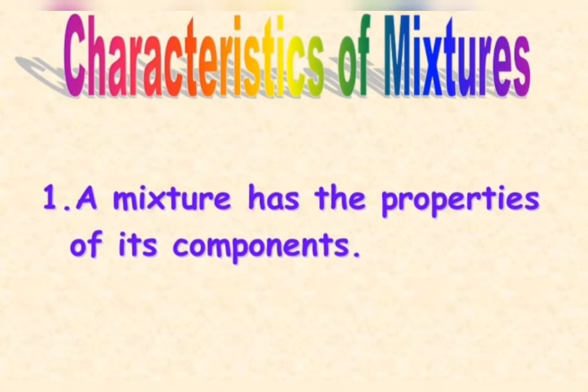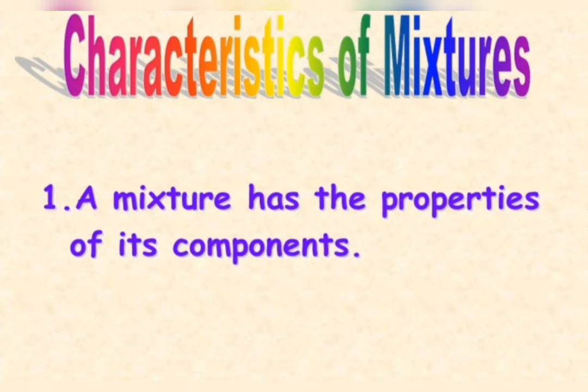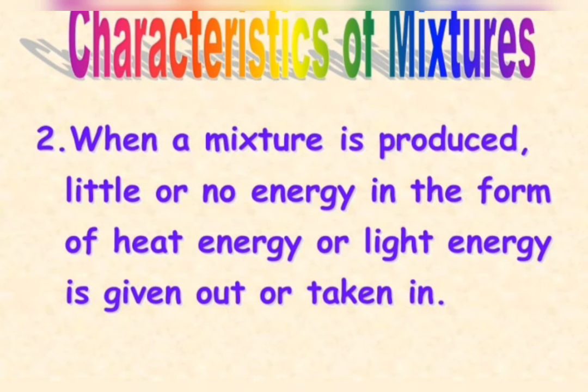So, if you combine the two results, you can say that a mixture of iron filings and sulfur shows the properties of both of its constituents. It shows the properties of iron as well as the properties of sulfur. So, we can say that a mixture shows the properties of all the constituents present in it. Whereas a compound does not show the properties of its constituents because there is a chemical change. Constituents are combined chemically, so new substances are formed with new properties. That is why a compound does not show the properties of its constituents, but a mixture shows the properties of all the constituents present in it.